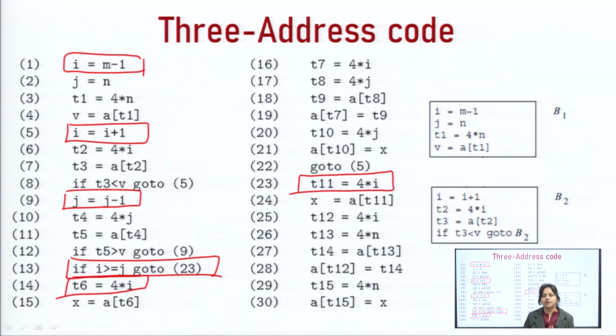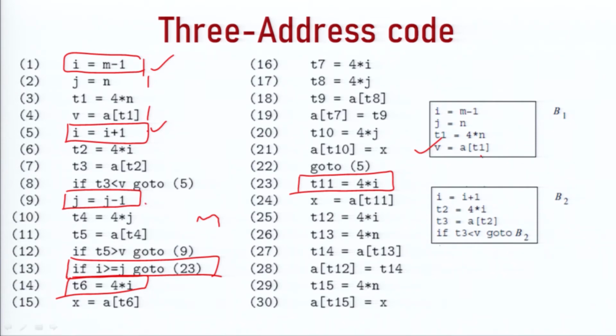Now, we will prepare the basic blocks. How will we prepare the basic block? In a basic block, we will start from leader 1 and keep on adding all instructions till we meet the second leader. So, these instructions from leader 1 we will keep in block 1. Now, next is block 2. This will have leader 2 and all instructions after it till we reach this one. So, up to I is equal to I plus 1, this all will be kept in block 2.